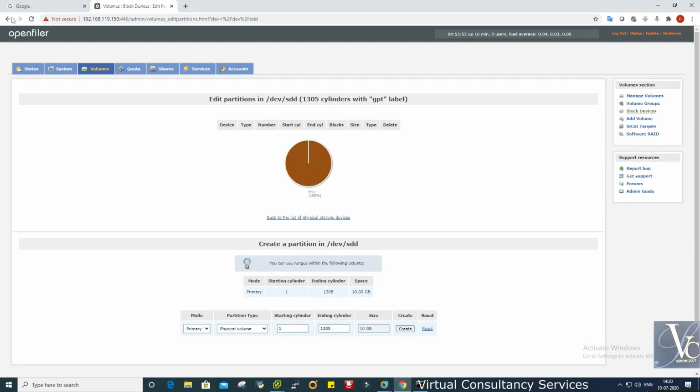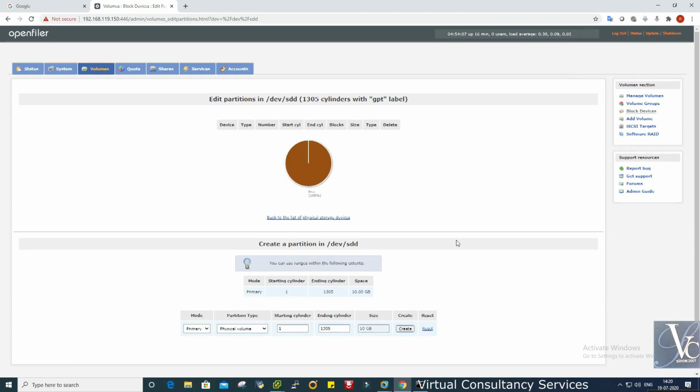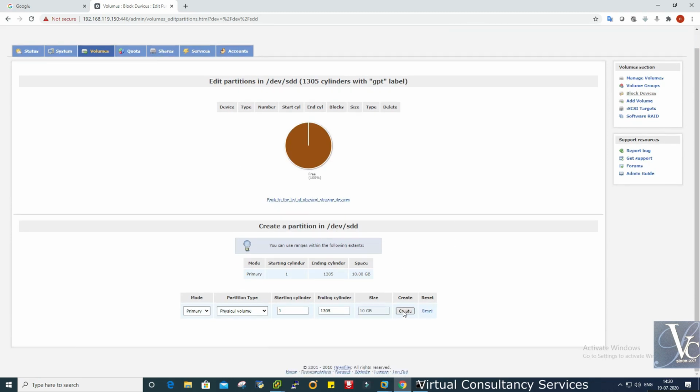Then click on that, because we are not seeing any partition here, right? The partition should be 1 at least.